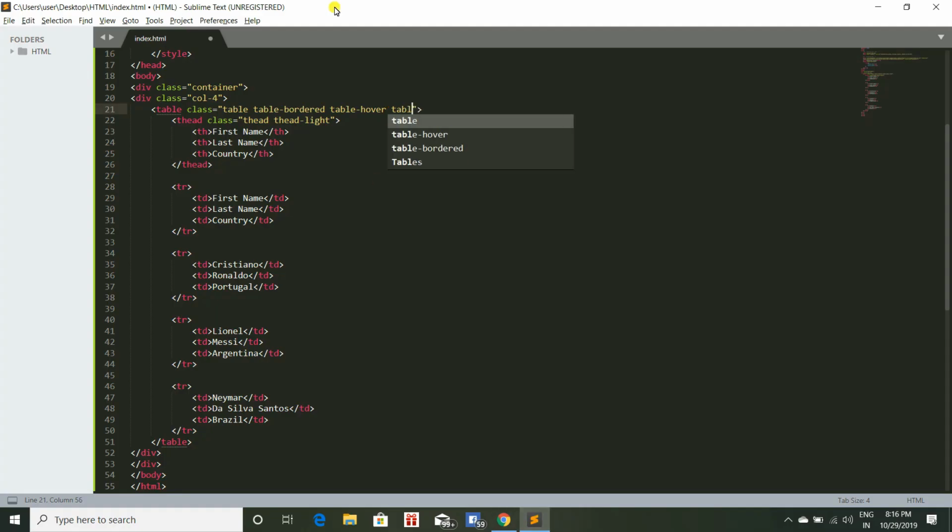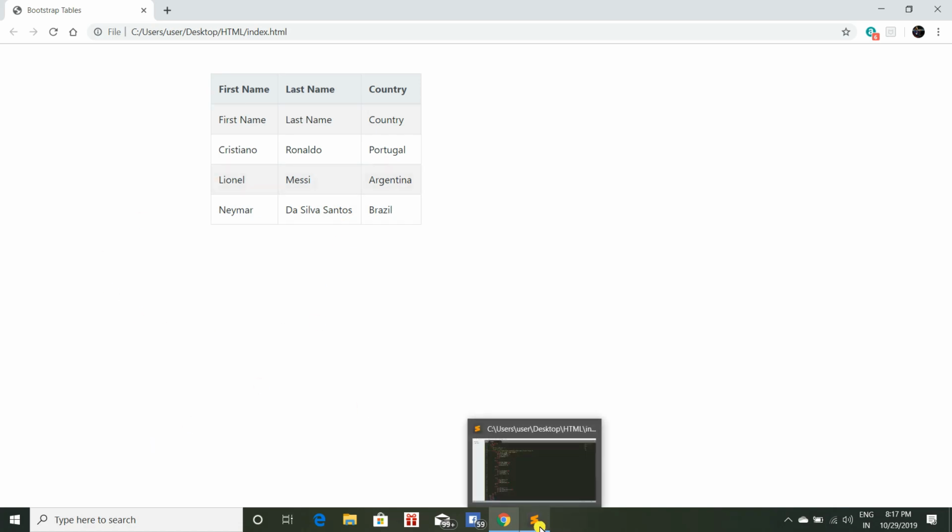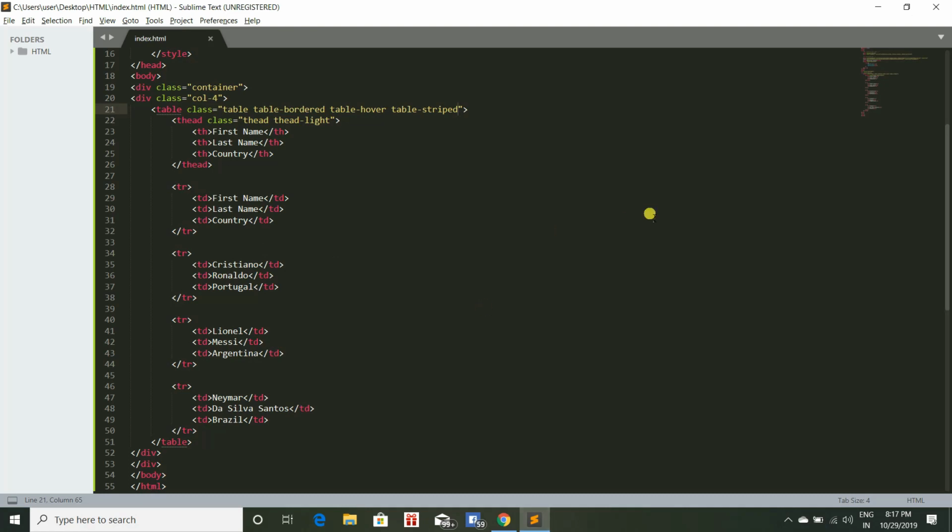And what if I need to add the table-striped class, so that it should also work. This is how Bootstrap tables work. See, the first alternate row and the third alternate row will be striped, and if there is a fifth row, it will also be striped. So these are the basic classes available in Bootstrap to design the tables of a web page in a decorative manner. I hope you understand the concept of Bootstrap tables